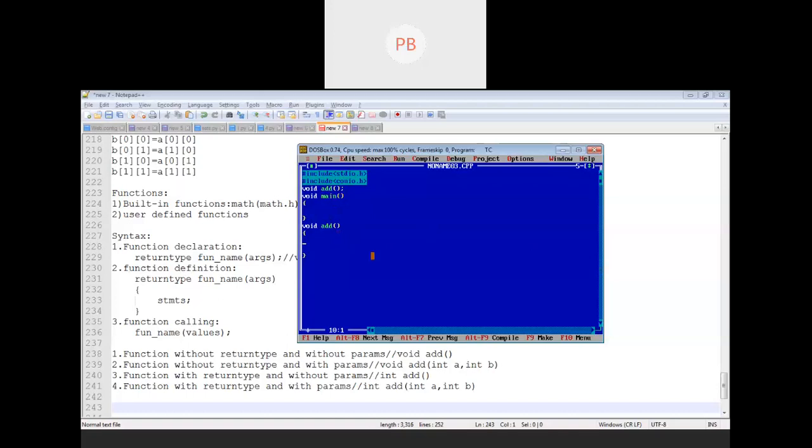So now I have created a function which doesn't have any return type and doesn't have any parameters. So obviously I need to take the user input within the function, as well as I have to display the output from the same function. Okay, like how? For addition of two numbers, obviously we will require the two numbers. There is no need to take clear screen over here. Simply declare the variables, then enter two numbers,